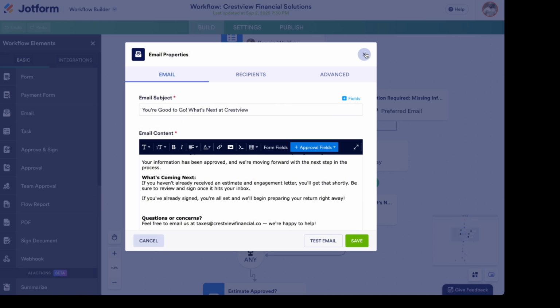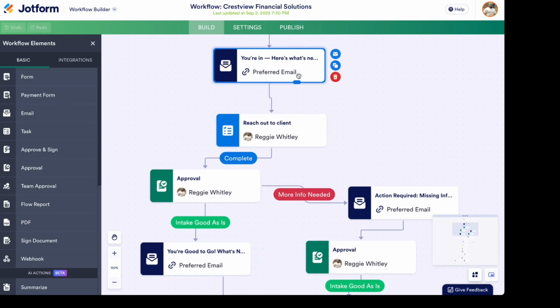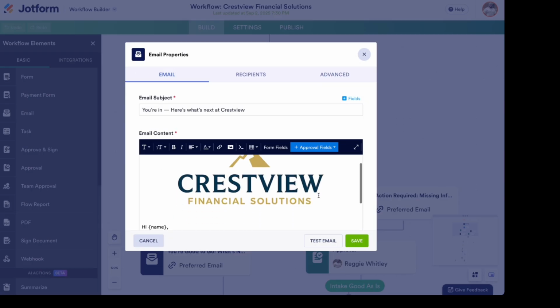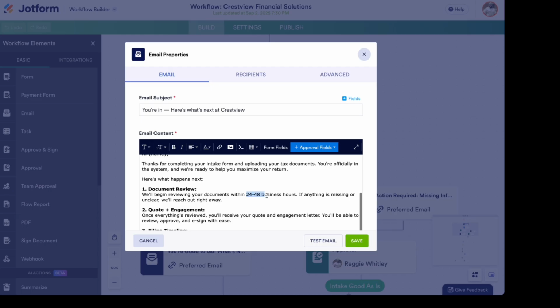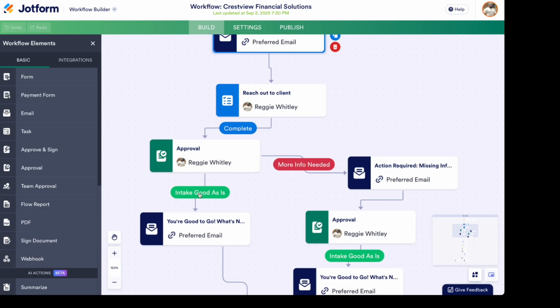The reason that we want to do this is because if you notice, the previous email did say that they will hear back within 24 to 48 business hours. So the hear back is technically we're good to go. Now, if they still have information that is missing, when you click deny or need more info here on this